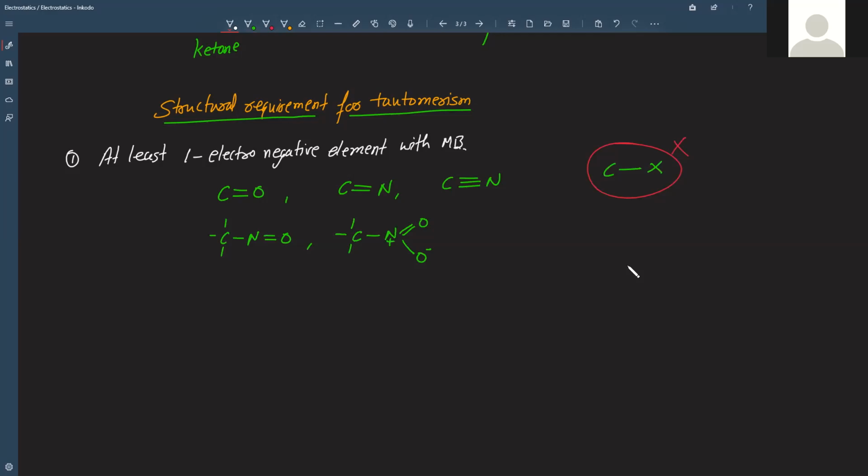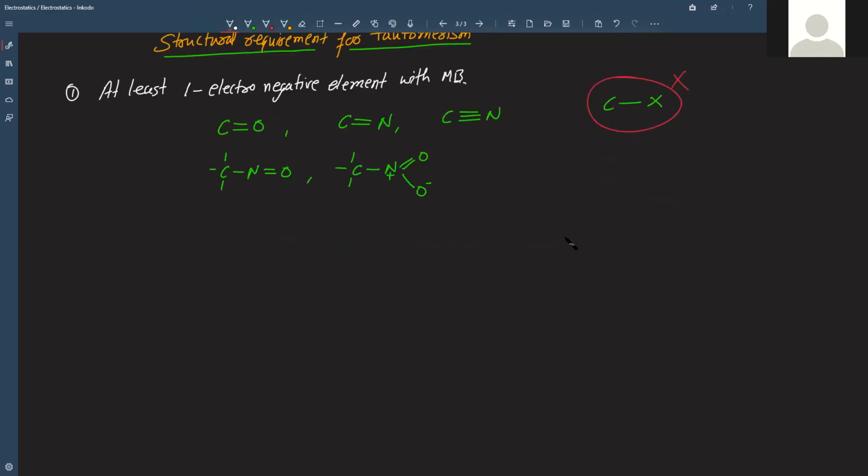Now, what all functional groups will be there which will give you this condition, or where you will find this condition? These are just examples. Let us see what all functional groups will be there. So in the first point itself, we are discussing different functional groups. The functional groups will now be divided into two categories. One category is the functional groups with carbon, and another is without carbon. So, functional groups without carbon. Let us see what all elements are there.